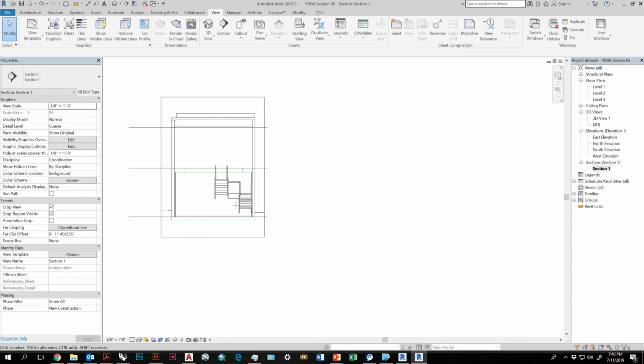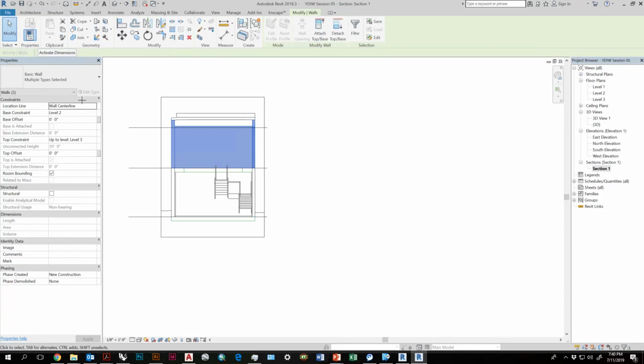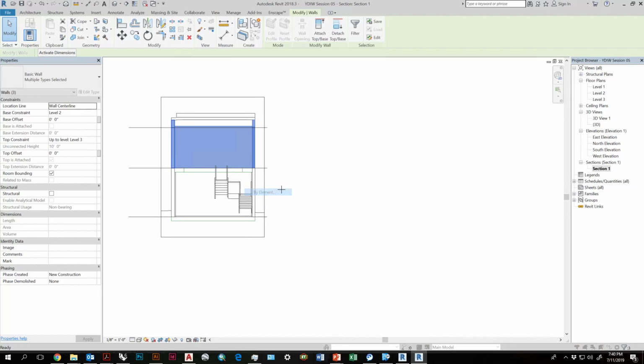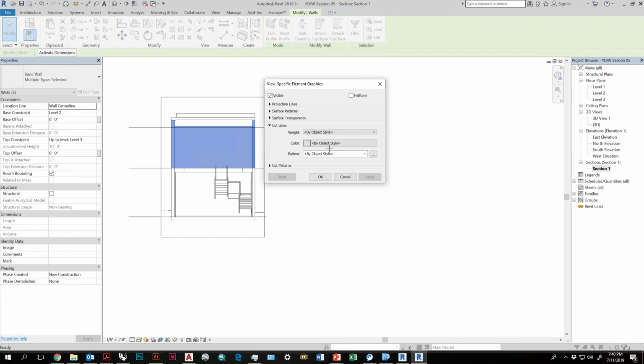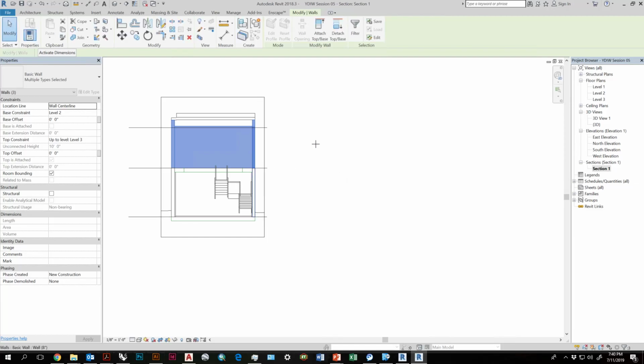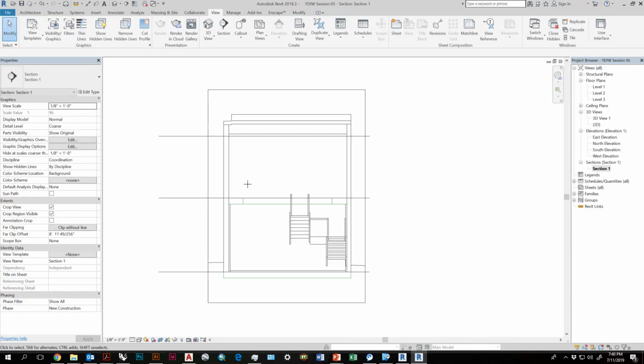No, sorry. You click on the walls themselves, or the element, right click, cut lines. And you can create different cut patterns and edit cut pattern types, so you can make it a thicker stroke if you need to. Okay. Any other questions about sections?